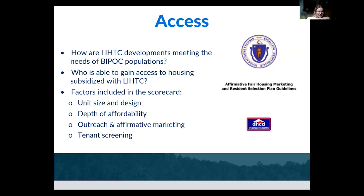The depth and affordability section accentuates the fact that BIPOC households are disproportionately represented among the very low and extremely low household income categories in every state. Although most QAPs do require the production of very low and extremely low income units, and also offer additional points for projects that provide deeper subsidies. For example, South Carolina's QAP includes points for projects that reserve 10% or more units represented in disabled populations earning below 20% of the AMI